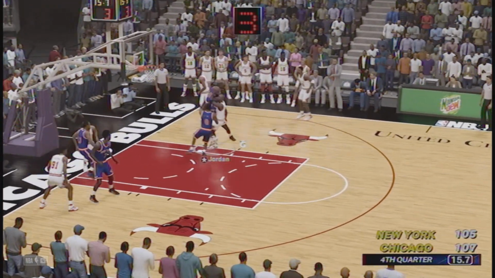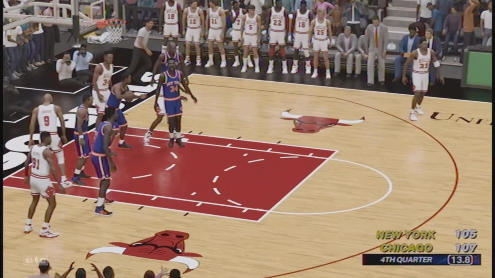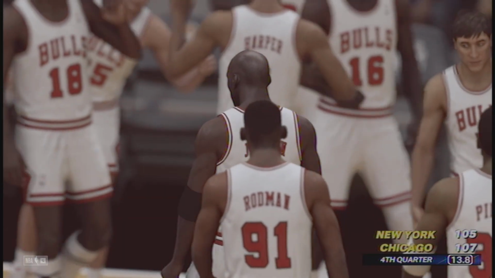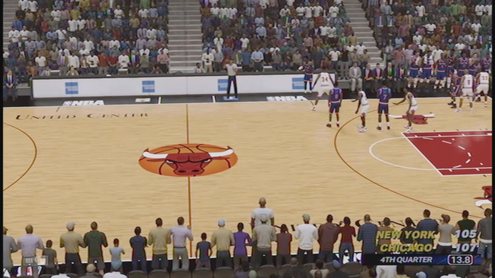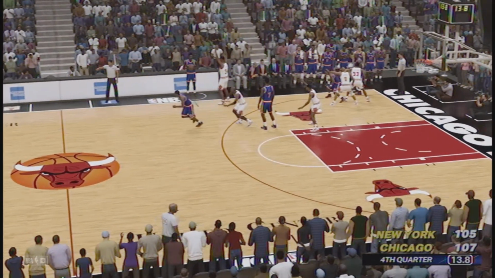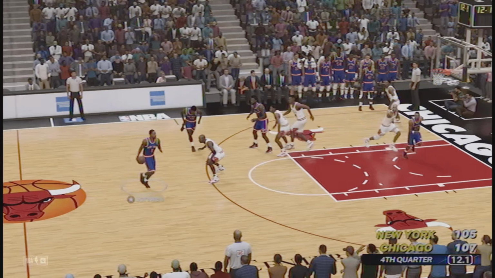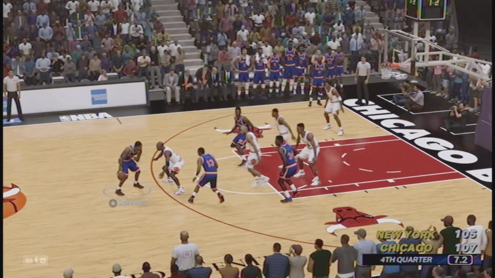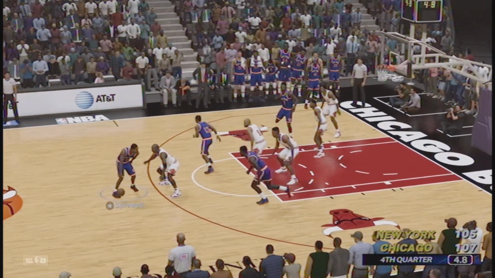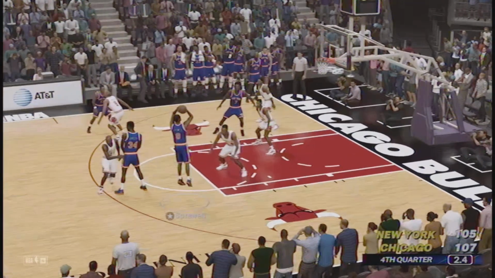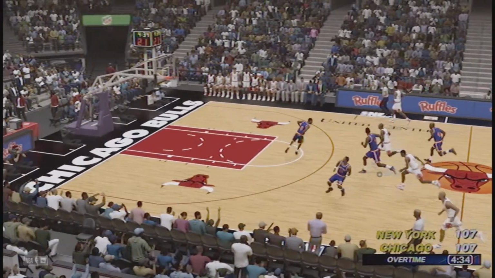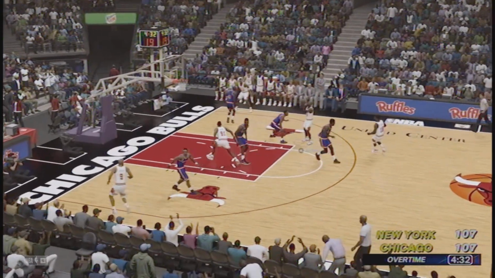Michael Jordan with the shot clock expiring. Can't make that shot. Timeout. Knicks with 13.8 seconds left to go. They have a chance to tie or win the game. Let's see what ends up happening here. Latrell Sprewell handling the ball, 10 seconds left, guarded by Jordan. Let's see what he ultimately ends up doing. Latrell makes the shot for the Knicks, tying the game. Heading to overtime we are.